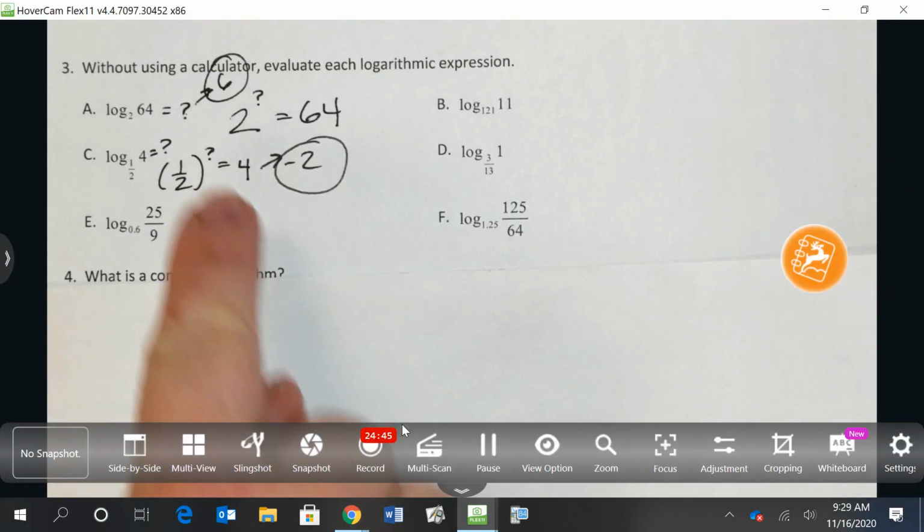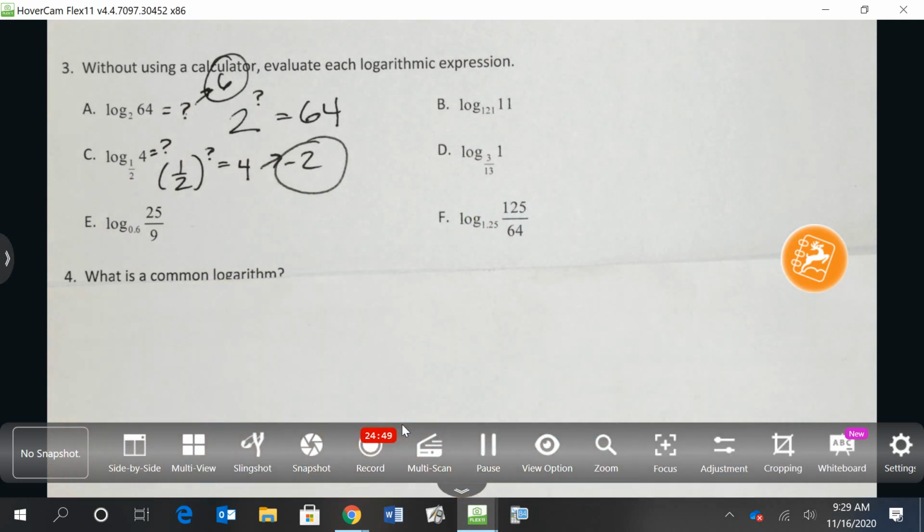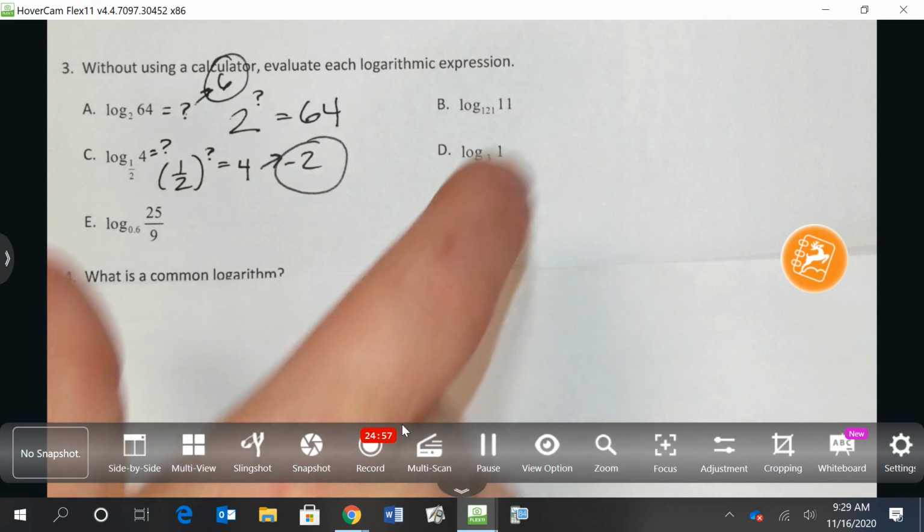Okay, so all of these gave us nice answers. If we went through every single one, or I gave you time, it all gives us a nice answer. It may be a fraction, it may be just a nice integer answer, like a 6, a -2, a 1/2, those kinds of answers. They're all nice answers. But down here,